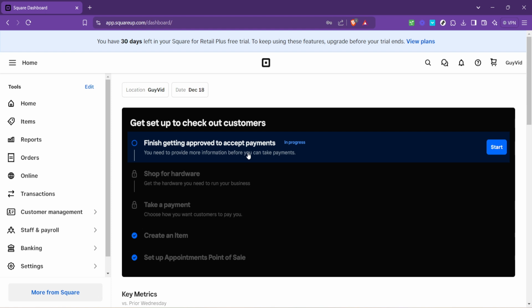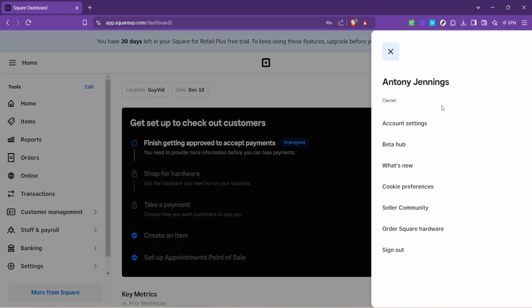like your time zone. Look to the top right of your dashboard and you'll see the name of your store. Clicking on your store name will reveal a drop-down menu that brings you one step closer to making the necessary adjustments to your account settings. Within this drop-down menu, you'll want to find and click on Account Settings. This is sort of your backstage pass to tweaking the underlying setups of your Square account, including your time zone.